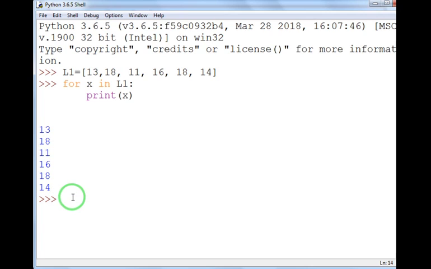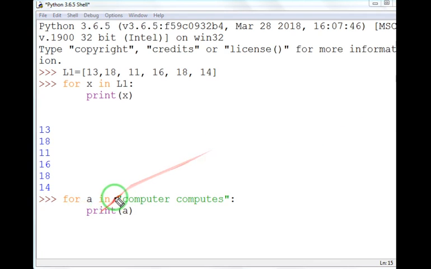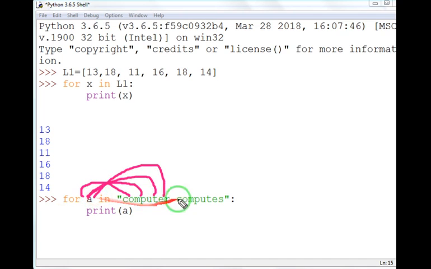We can also traverse a string sequence. You can take any loop variable, for example A: for A in "computer", and then print A. First C will be stored in A, then it will print C. Next O will come to A, then M, then P, then T will be assigned to A, then E. Then the space will also be assigned to A and it will print the space, then again C will be assigned to A. All the values present over here will be assigned to A one by one.